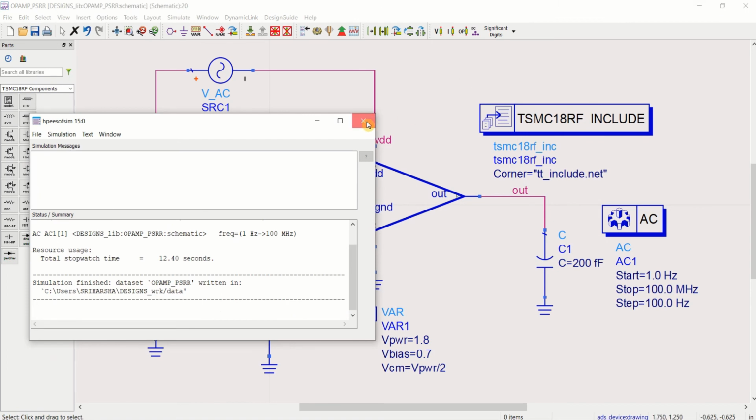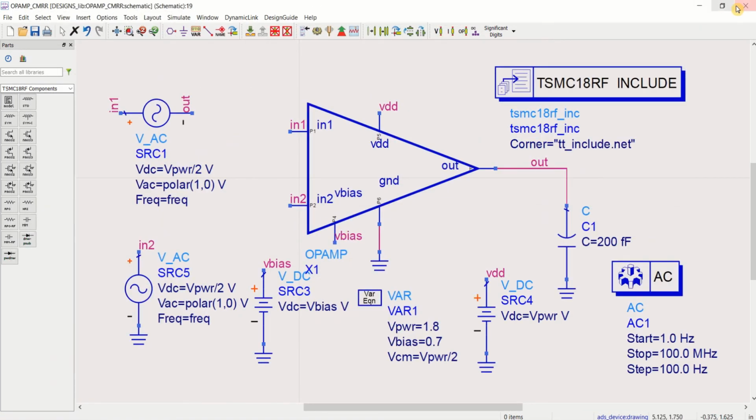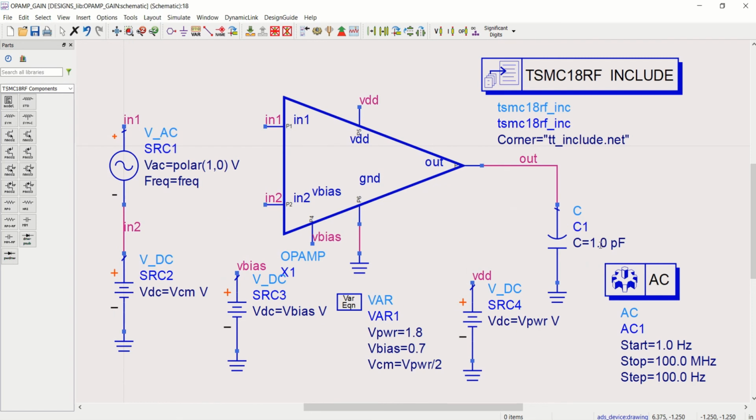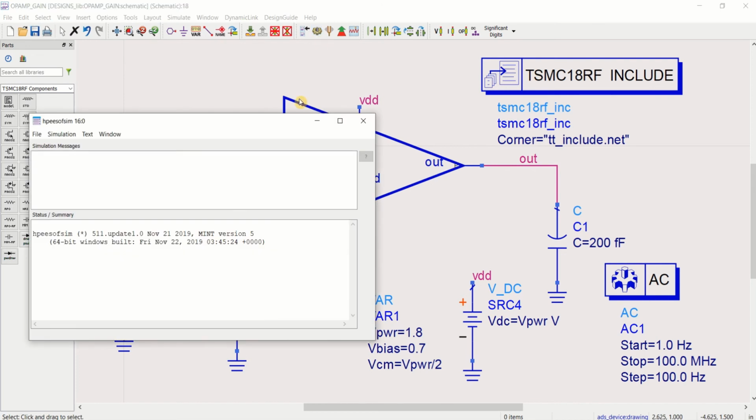Let me close this. Here in the op amp gain we have simulated with 1 picofarad. Instead you use 200 femtofarad. Then you will get better poles also.